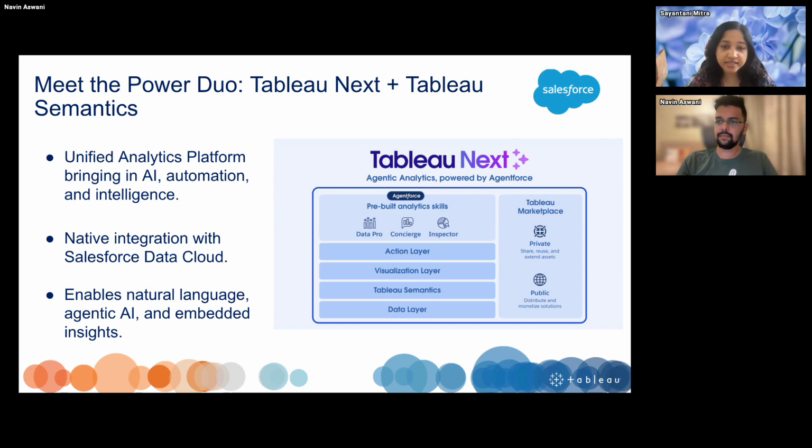As you can see, it starts with the data layer. Of course, we need data at the very beginning. Then it goes to the semantics layer, which Naveen is going to talk about. Then it's the visualization layer, which is the dashboards and lenses and widgets. Then it's the action layer, which is, of course, because everything is within Salesforce, you can take actions, you can ask questions. All of those things happen there. And this whole thing is one single tab in Lightning.